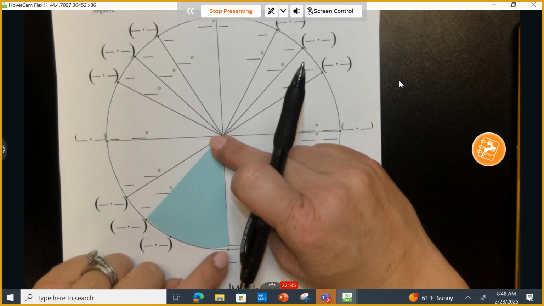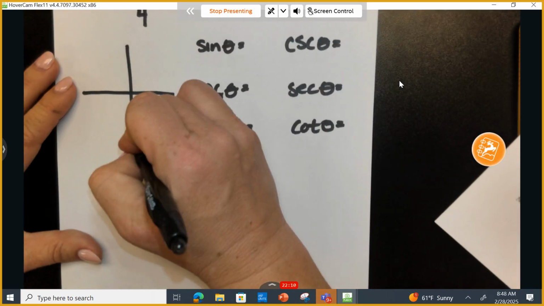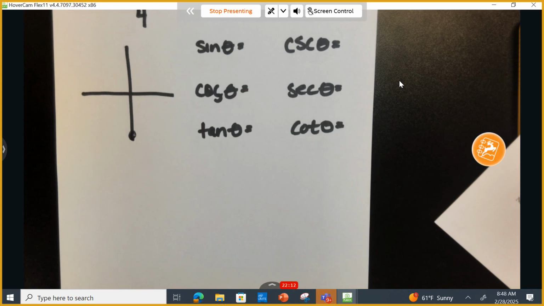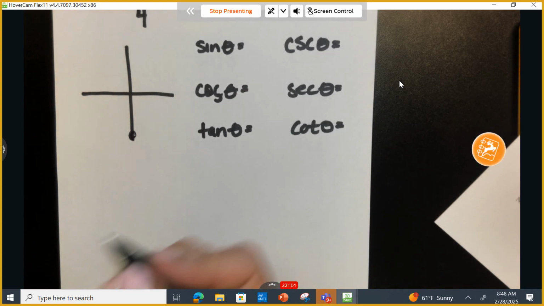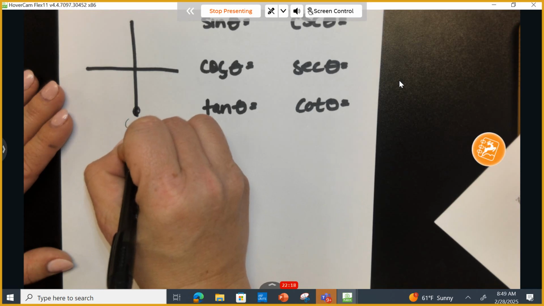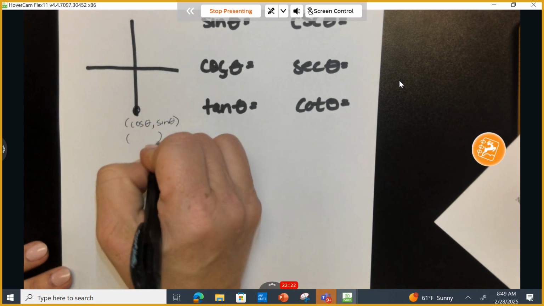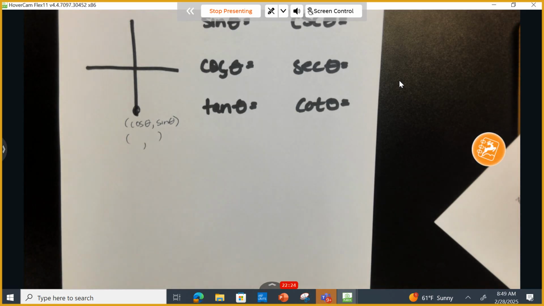It ends right here. Does everybody see this? It ends right here, so please find that spot. Okay, this is super confusing. You ready? So I want everybody to write this down. Please write down for me CBS, cosine before sine. Write that down. So we need to come up with the ordered